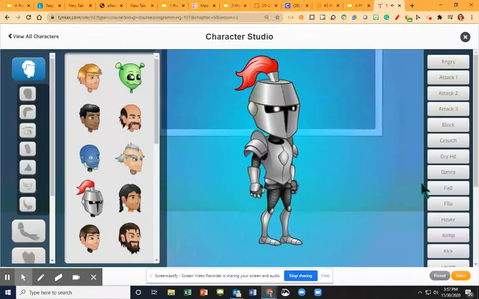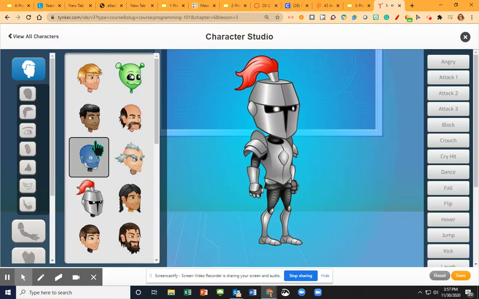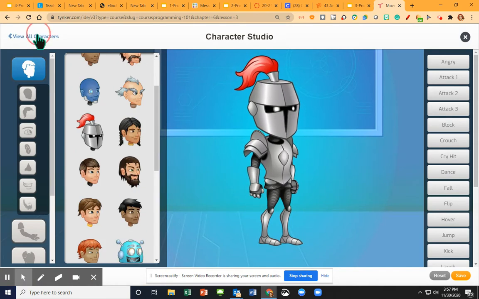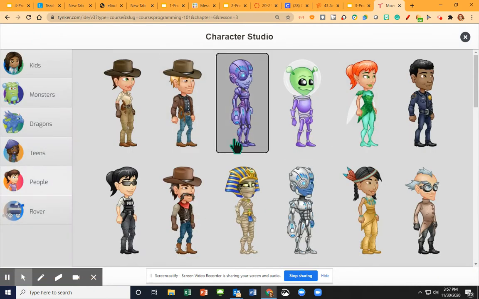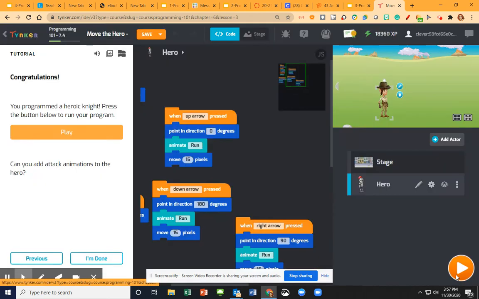Can you add attack animations to the hero? Okay, so here's the thing, if I want, I can change my hero. I don't have to keep that hero. Say I want to do a cowgirl. I hit save. All I did was click on the pencil to edit. Now if I press play,